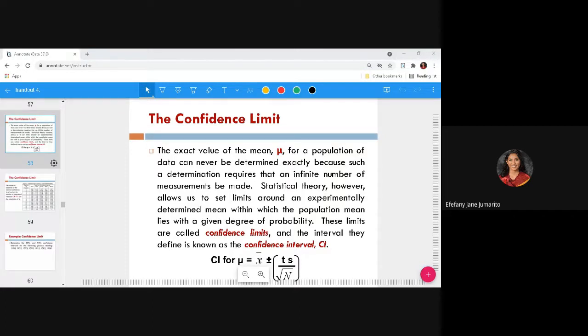Okay, so this time, we are done. Okay, this one. So let's go to confidence limit, then let's answer dayon. Okay, so when we say confidence limit, so it has this formula CI for